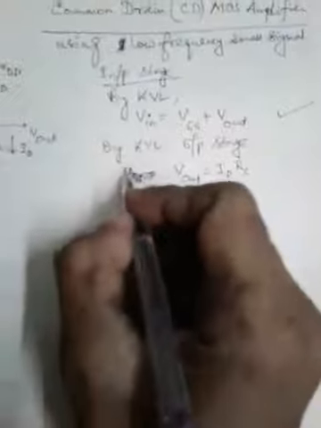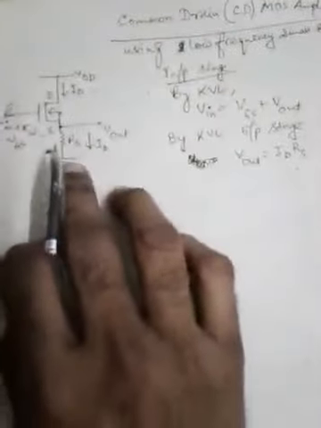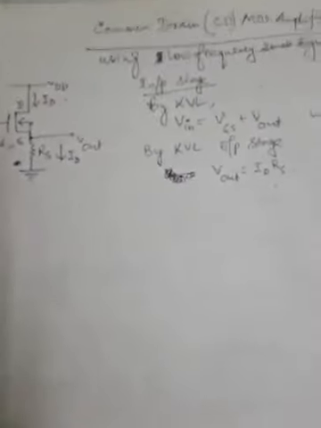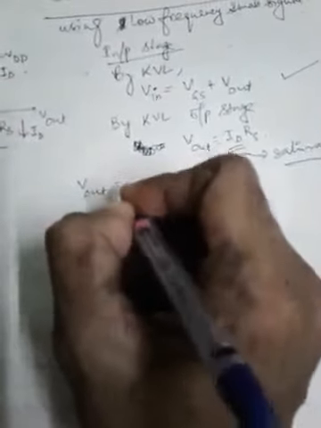Now if we consider that the MOSFET is working in the saturation region, why? Because we are analyzing the common drain MOS amplifier. So we are analyzing the amplifying action by this circuit, and for that we need to assume that this MOSFET should be working in the saturation region or the active region, and for that we should be using the expression for drain current ID in saturation region. So what was that? If we introduce that expression here in this equation for output stage, we should be writing like this: V out is equal to, instead of ID, we should be writing mu COX prime W by L.